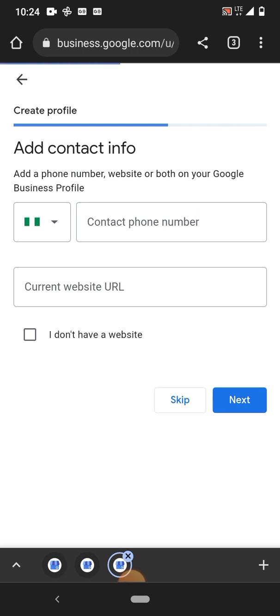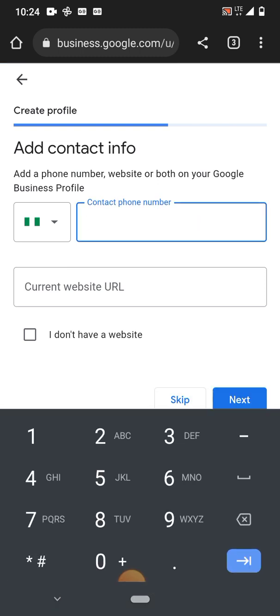So now your contact info, make sure that the number you are putting here is the one that you use for your business, so that if somebody is calling you, you will not be telling the person wrong number, or you go and put somebody else's number that they will now be telling them they don't even know what they are talking about. Put your working phone number, and for the purpose of this course, I'm going to put 0234